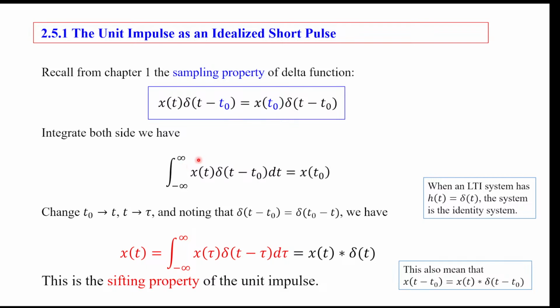Then this side you write as an integration. The other side, because x of t0 is just some number, you just say x of t0, then you integrate the delta function, and it becomes 1. So this side becomes x of t0. Then you do a whole bunch of change of variable, and note that the delta function is an even function, so delta of t minus t0 equals delta of t0 minus t. And then you find out that your x of t